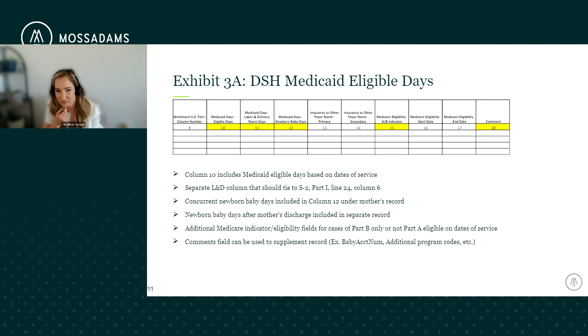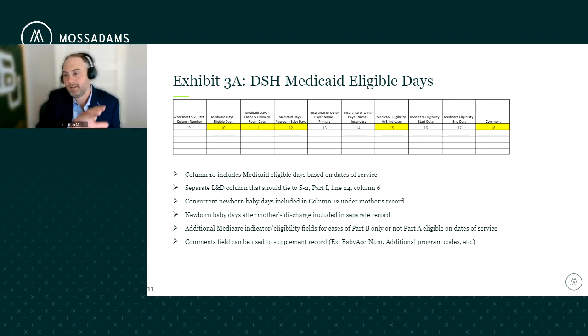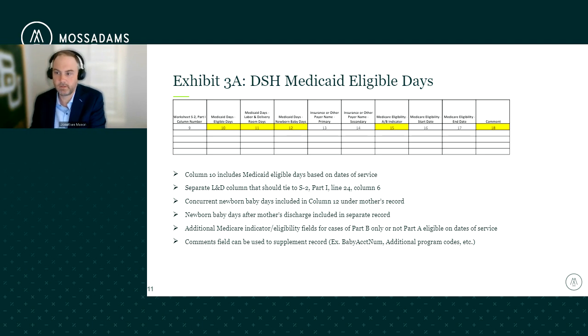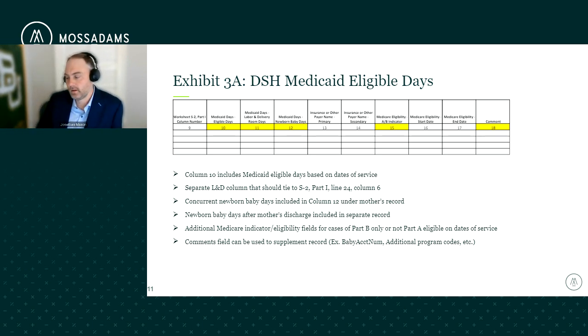No, I think the point is, after you get done populating all this, to think back and go, okay, columns 10 and 12 have to total up to, what is it, S2 line 24, columns 1 through 5, right? It has to be everything but your labor and delivery days. Column 11 is pretty simple. It's your labor and delivery days for your Medicaid population. But just to make sure that you don't get something off, columns 10 and 12 are equal to ultimately what your Medicaid days are, and then you add your labor and delivery, and that should get your total Medicaid population.